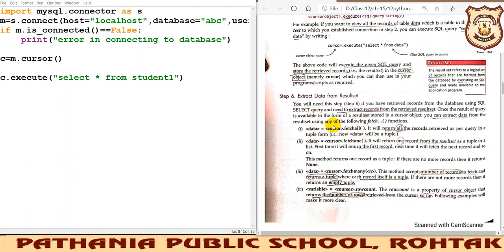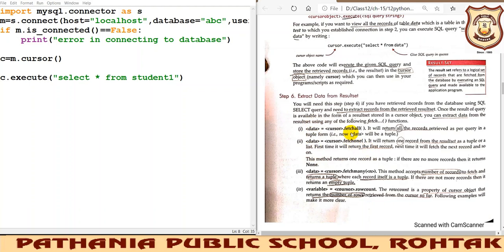Here will be the cursor object, and here will be the function that helps the cursor object fetch the data. Whatever data is fetched will be stored in this variable, and then we'll use a for loop to print the data collected by this variable.